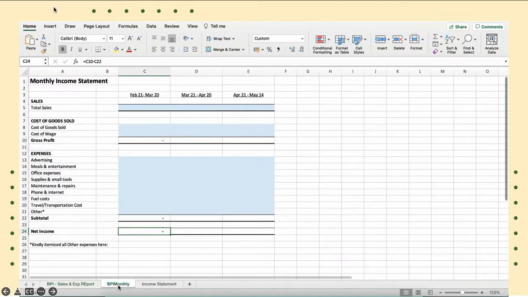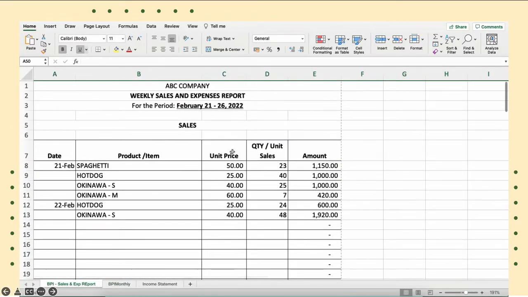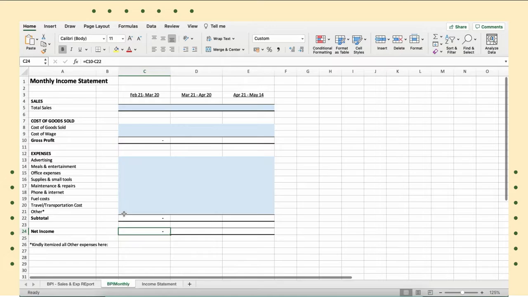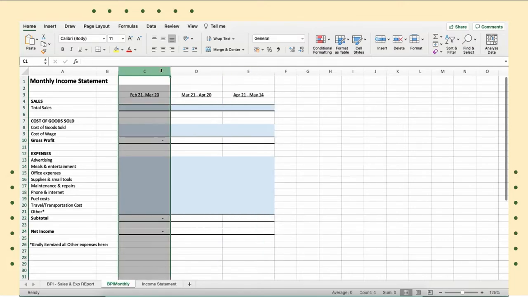And then, let us now move forward. So let's say you have already prepared all of the 4 weeks. So week 1, 2, 3, and 4. Let us now proceed to making our monthly income statement. As you can see here, there are 3 columns, which is covering for the period of February 21 to March